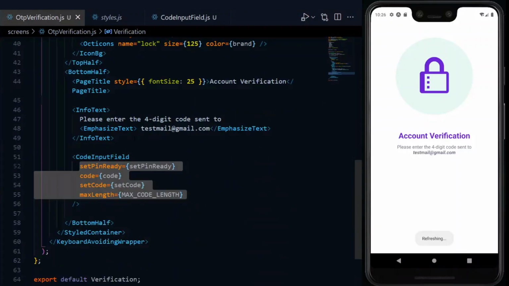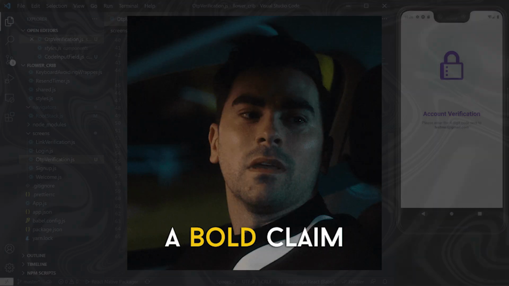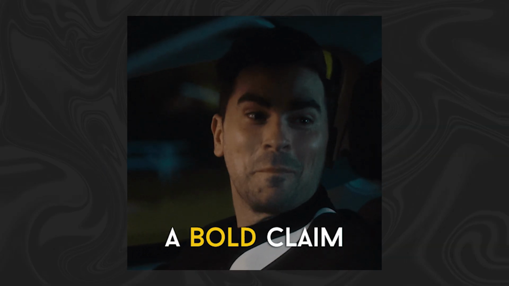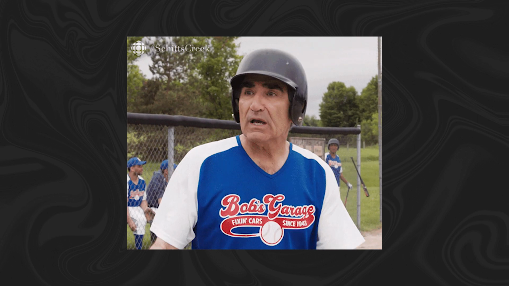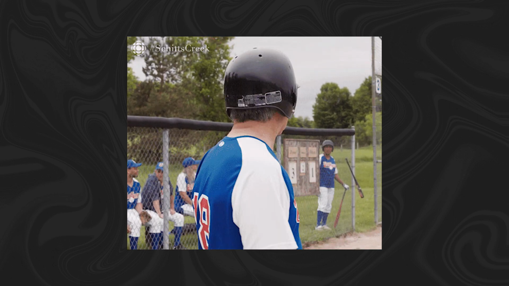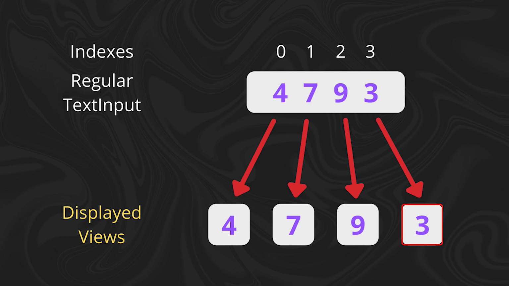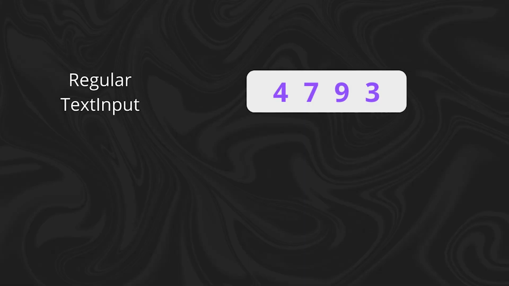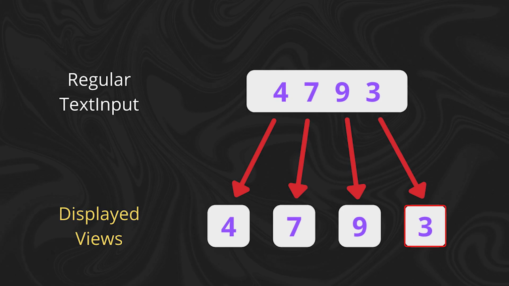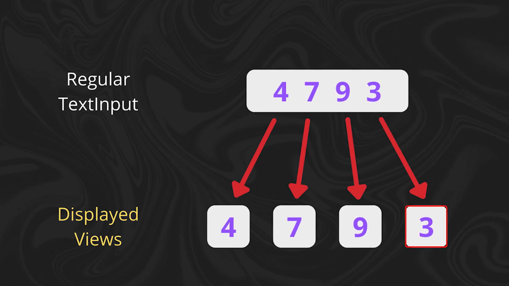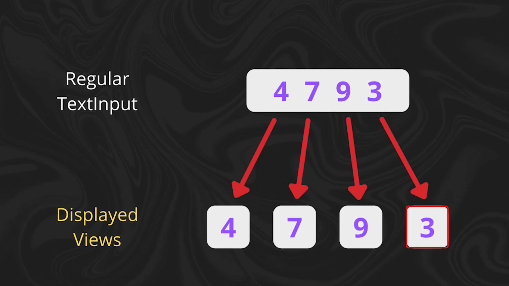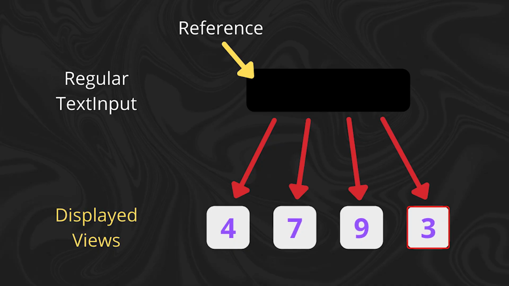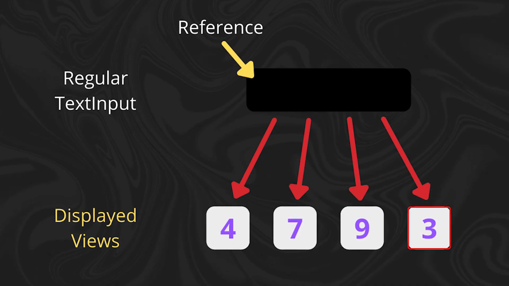Now natively, it is not possible to implement split input fields in React Native. This is true at least at the time of recording this. So we need to implement a workaround to achieve the behavior that we want. The workaround we are going to implement is that we are going to make use of one text input field, which will receive our code input. For each number that is inputted, we render a view with a border around it. While doing that, we hide the regular text input from the screen and make calls to it using a reference